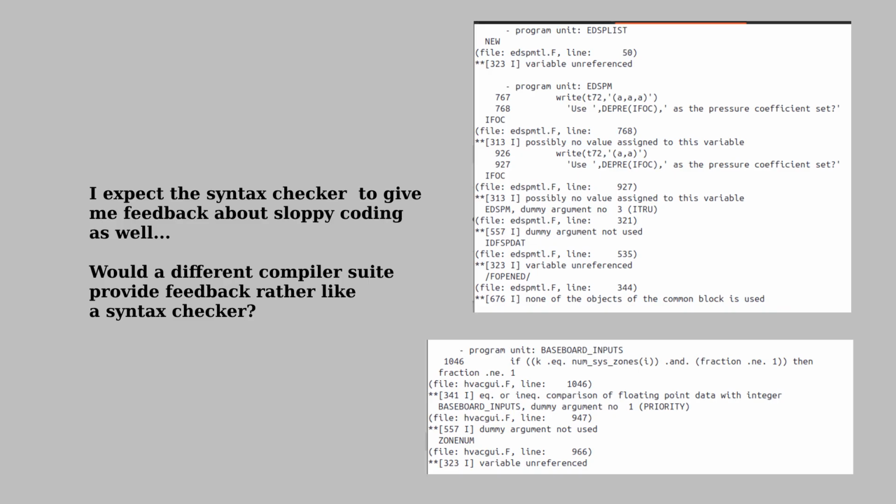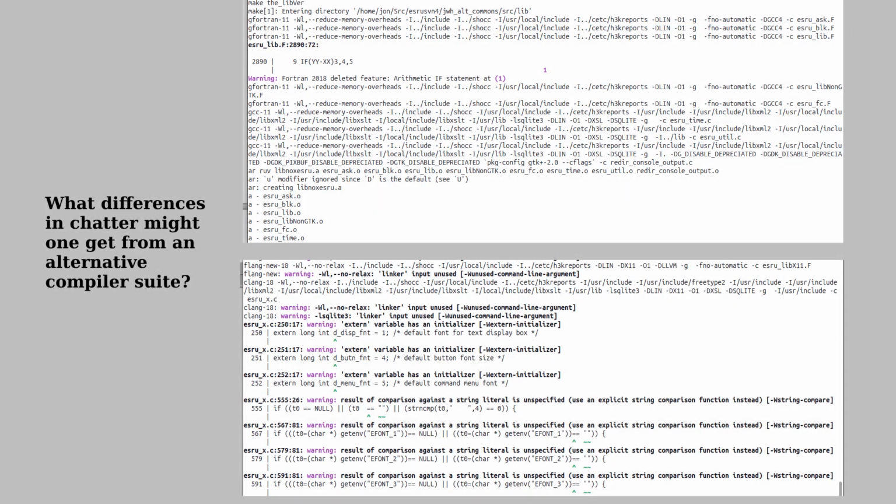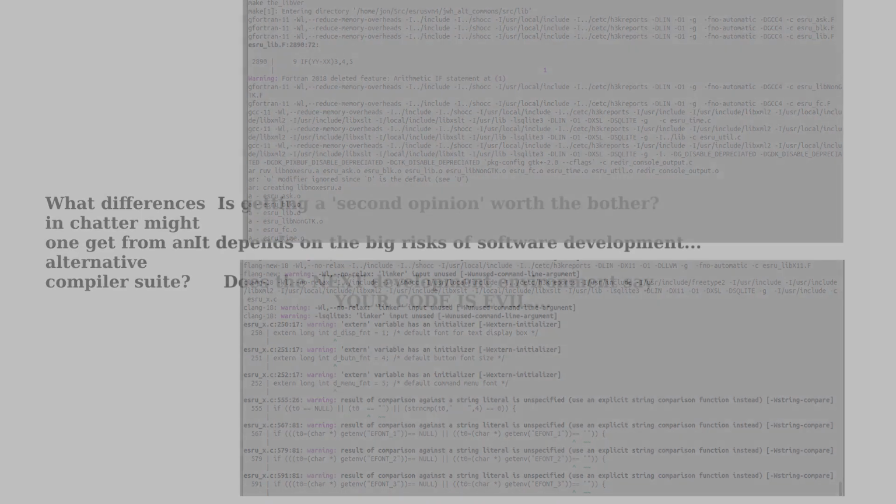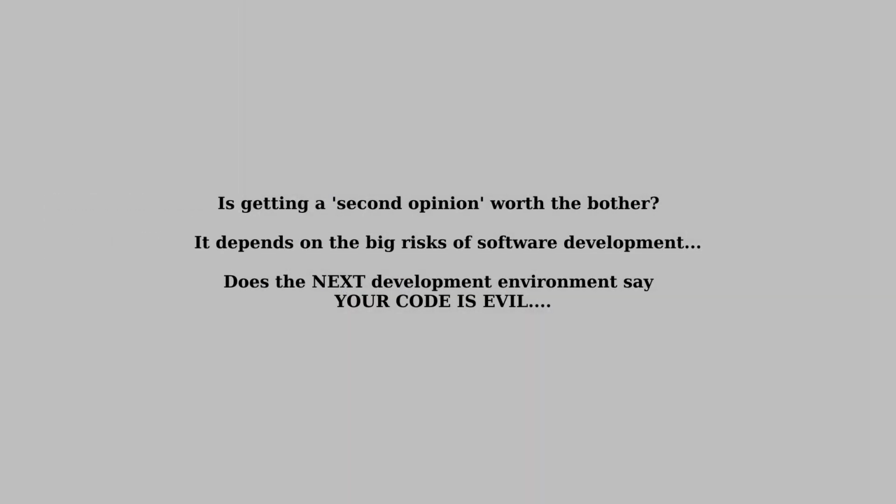And this gets me to wondering whether other compilers, other toolchains might generate chatter that's rather closer to that of my syntax checker. My workflow includes lots and lots and lots of tests, but why don't we regularly get a second opinion on the tool chatter that so influences our code? How hard might that be?